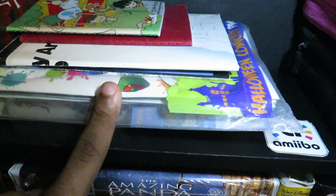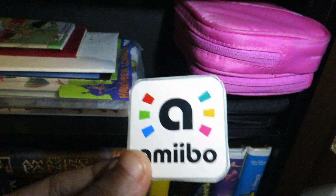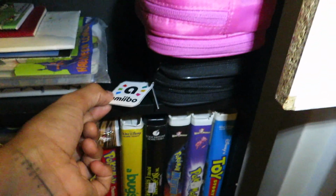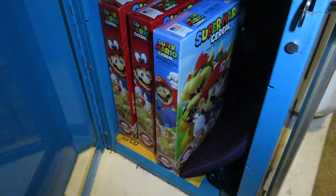We've got some Splatoon mangas, little thin ones, and then a couple posters and 2 little tiny books. DS cases that I actually use. The Super Mario cereal amiibo, because I have so many of those things. Like I have so much Super Mario cereal. In fact, in the kiosk, let me show you guys real quick what we actually have in here. We've got 3 Super Mario cereal boxes. And then I've got another one on top of my main bookcase, which I'll show you guys in